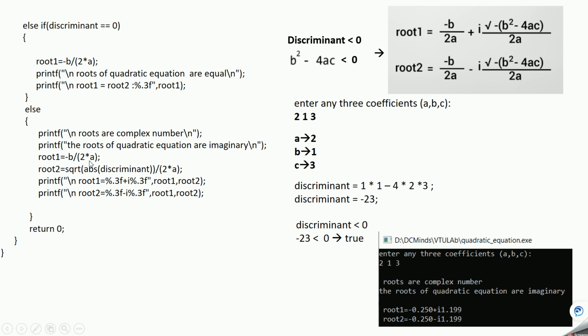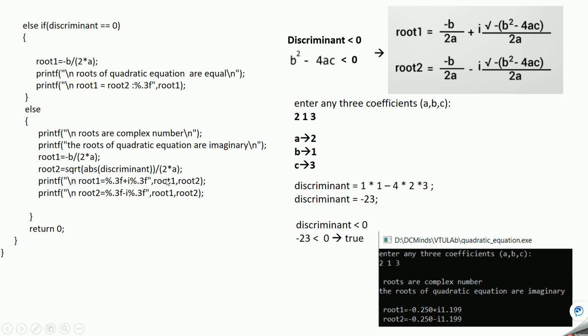minus b divided by 2a, this was real part, and this is just a name that I have not mentioned, real part, but you can just utilize the same variable, means reusing the same variable, but this is real part and this is imaginary part. Okay, so next thing is that you need to print into some format like this, means real part, then I, and then imaginary part.